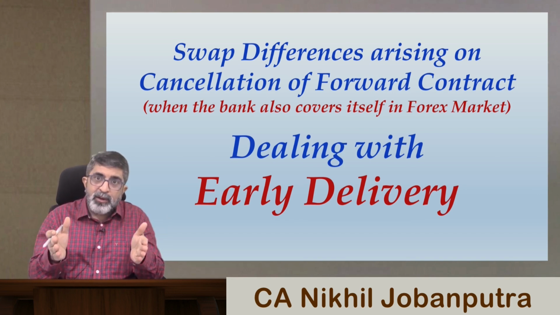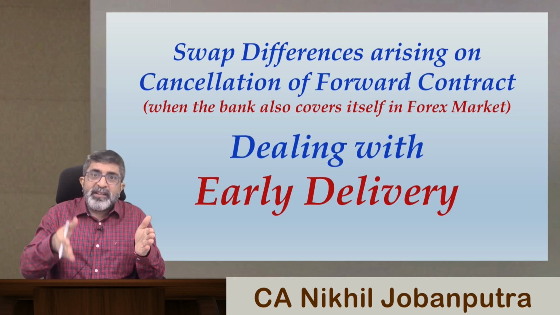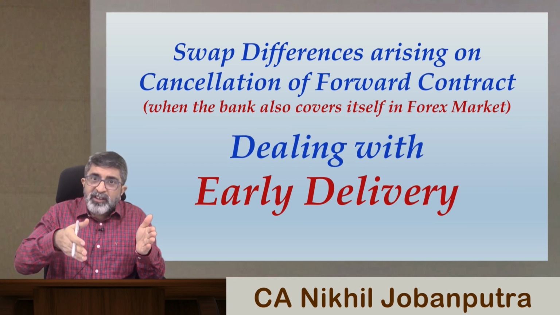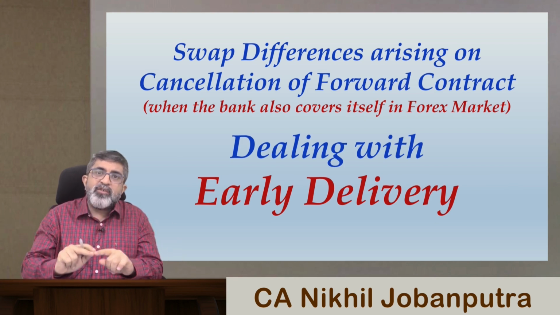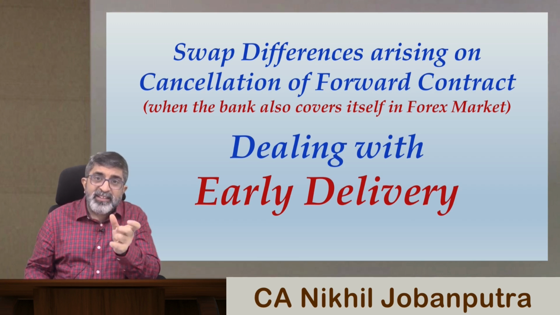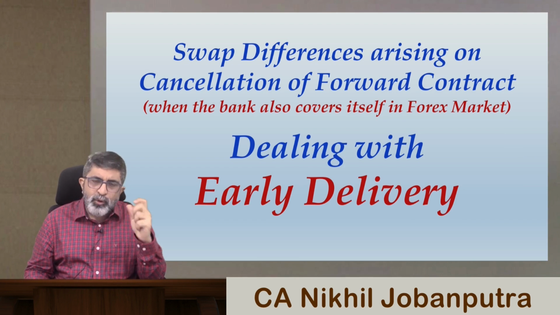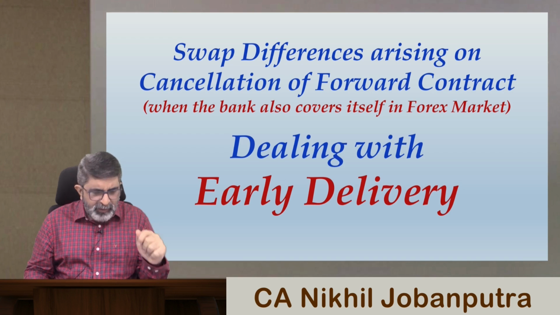Because in my example, the original contract was for 3 months forward, and after 2 months the exporter is willing to close the contract or go for early settlement, and that early settlement is happening 1 month prior to the original maturity date. So what I'll do is take one of the questions asked in a past exam, which is given in your book,